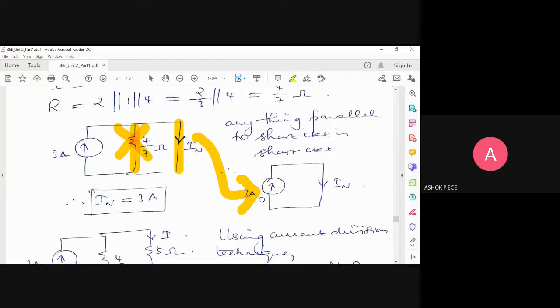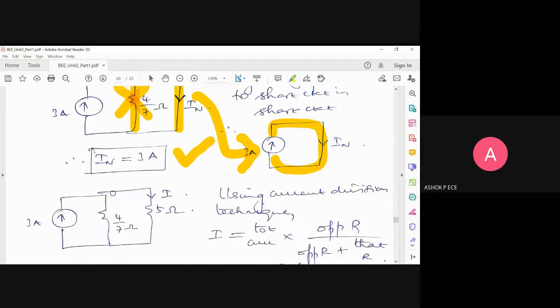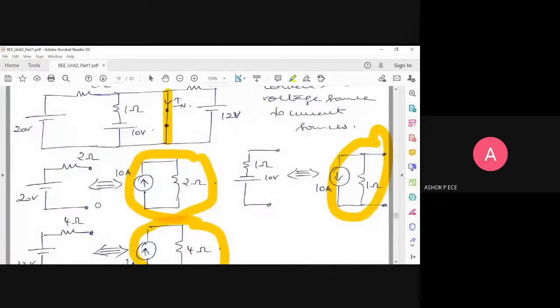Now what is the current IN equal to? 3 amperes. This 3 amperes is going to flow here. So the current will be equal to 3 amperes. So I Norton equals 3 amperes. Now draw your Norton's equivalent circuit: a 3 amperes current source, and R Norton, which in the very first step we got